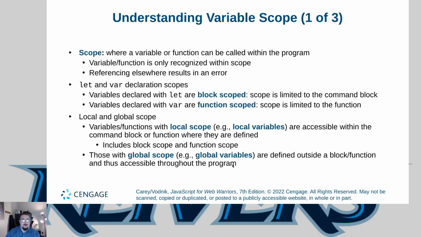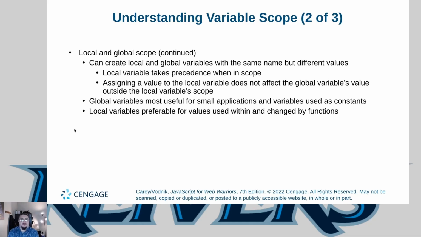That will be either your let or your const done outside of any functions, but within the same JavaScript file. Local and global variables can have the same name but different values. If you use local variables, they take precedence in scope. Assigning values with the local variables does not affect global variable values unless you're using the var command. Global variables are useful for small applications or for constants, and local variables are preferable for anything used and changed